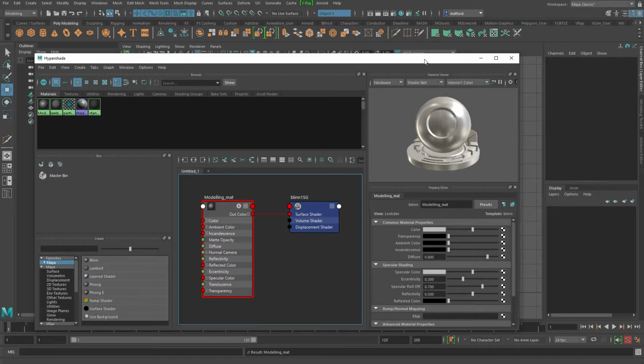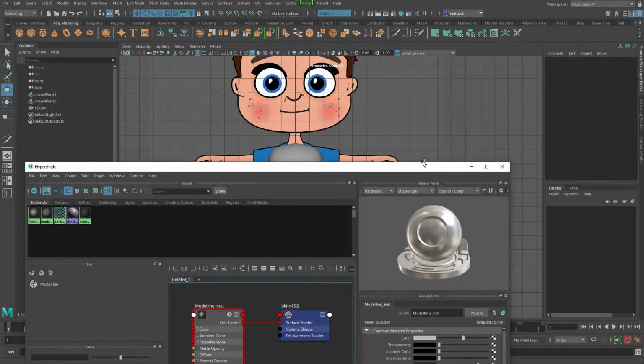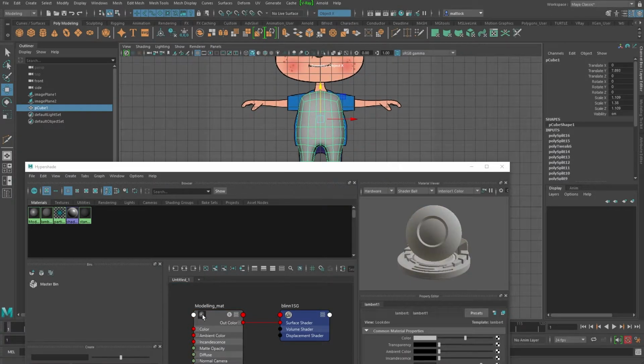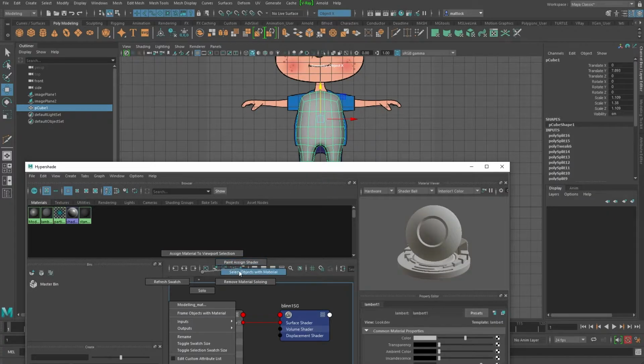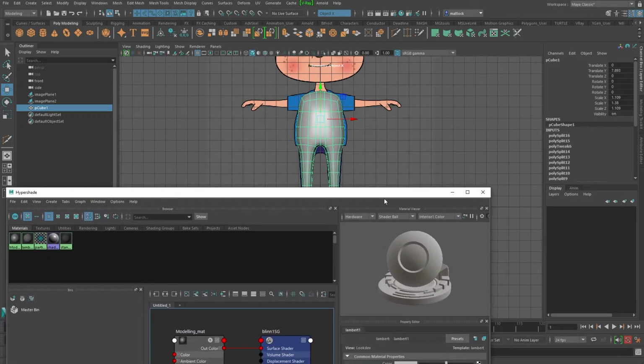You can color it however you want, but I'm just going to leave it grey for now. This is going to be our new modeling material. So what we're going to do is now apply this to our geometry. You can either click it and then right click and assign material as a viewport selection and it adds it, or you can middle mouse drag and drag it on. So now it's got our material.